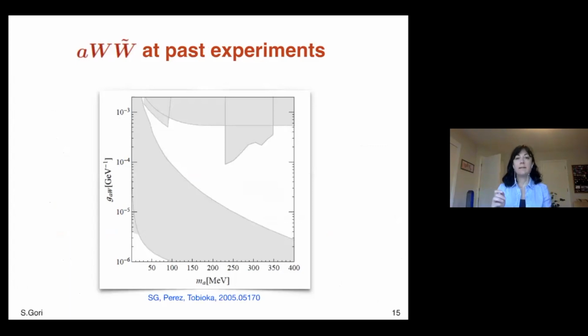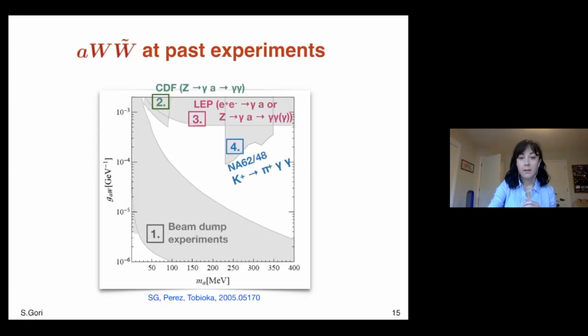So what are the regions of parameter space that have already been probed by past experiments? Here you see all the regions in gray are the regions already probed. So what are all those regions? The region at low values of this coupling constant is the region probed by past beam dump experiments, and